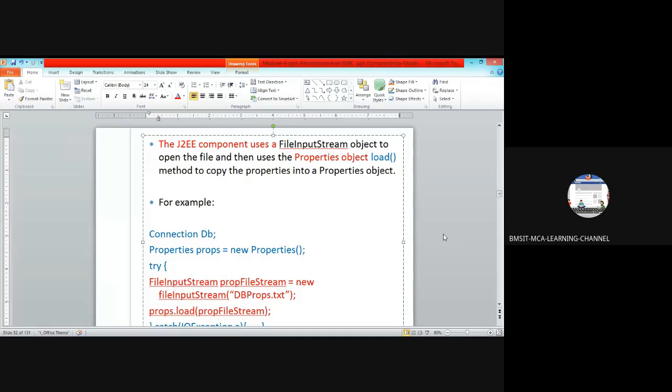The first parameter is the database URL, the path of the database you are going to connect to from the Java application. The second parameter is the username, and the third parameter is the password.